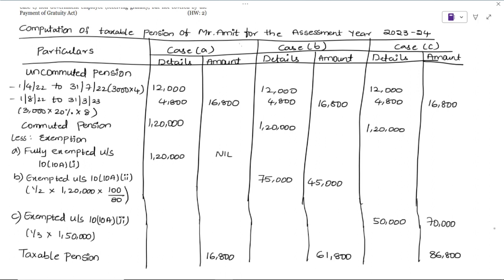Okay, clear to all of you? Like this, we have to solve the problems in pension. Are you clear? Very good. Nothing more than this. They will not give any other case. Suppose if they give family pension, don't worry, under the other sources chapter we will discuss how to solve problems on that. But if it is employee pension, it should be taxed like this only. Okay, very good.